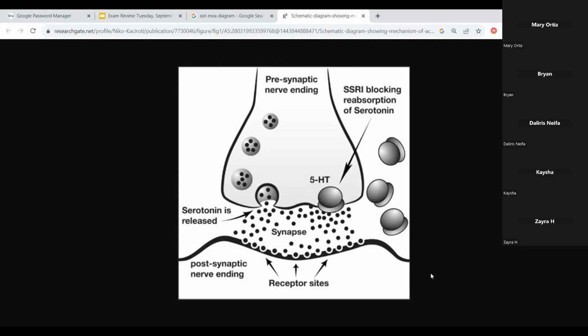Now, what happens in people with depression or anxiety disorders is before the serotonin even gets a chance to get to the receptor, it gets reuptaken. All of it gets reuptaken. So they're not getting enough serotonin. It's not hitting the receptors. We get that, right? So the serotonin reuptake inhibitors, like our Prozac, our fluoxetine, our citalopram or escitalopram,